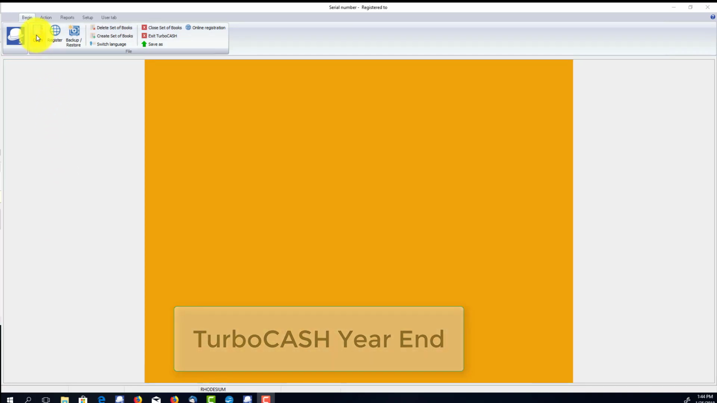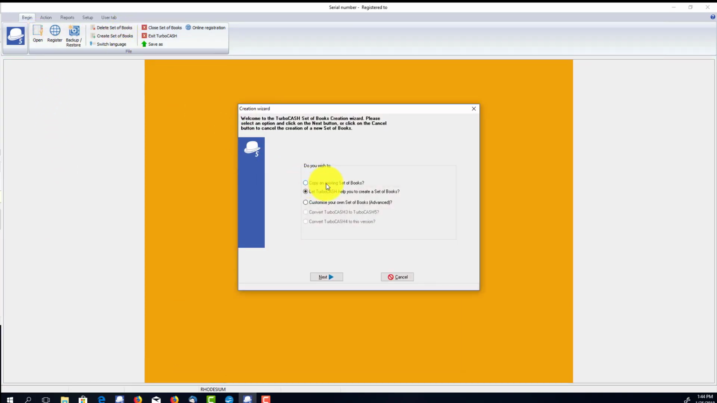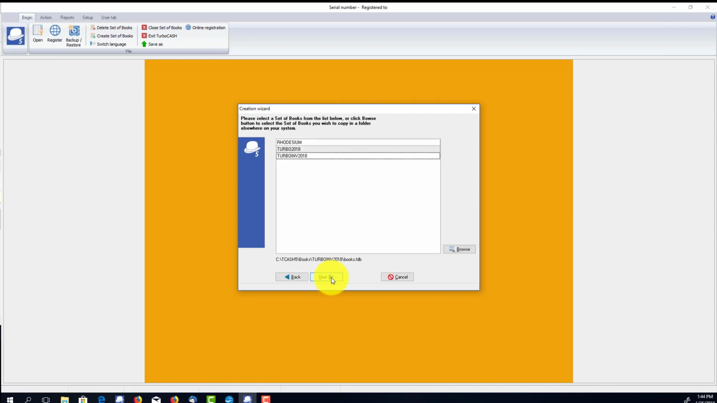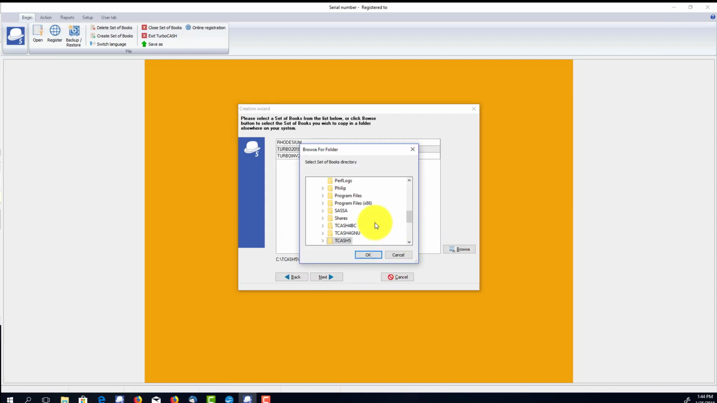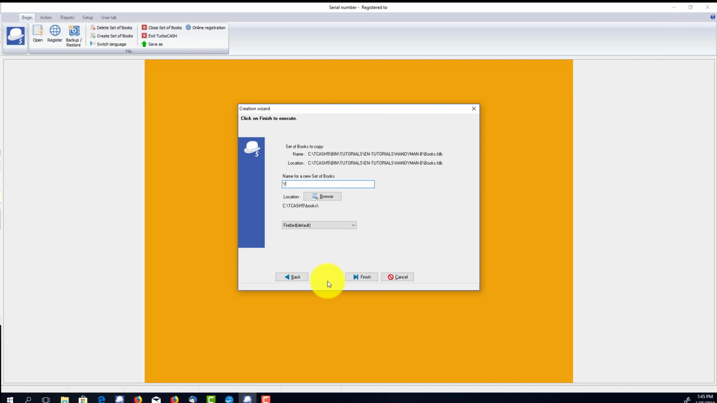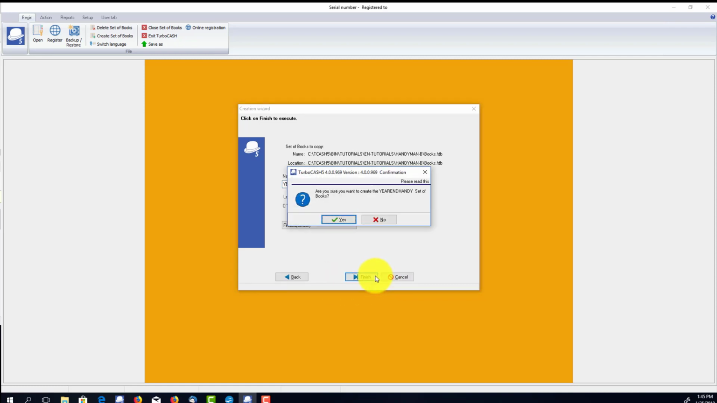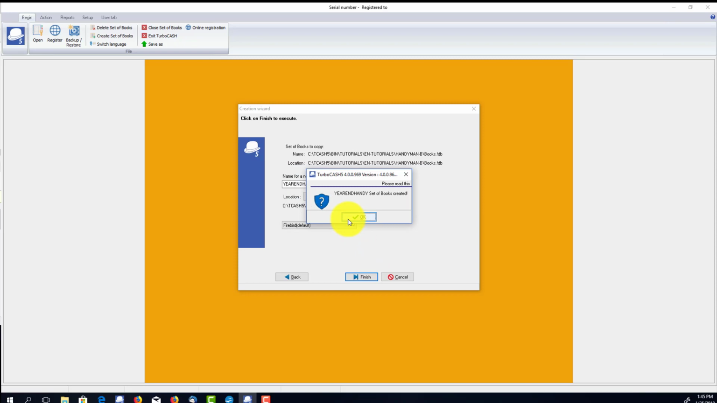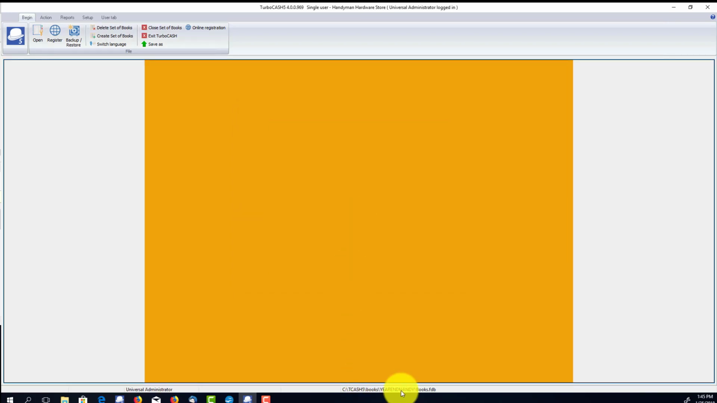I'm going to create a set of books. I'm going to copy an existing set of books, and I'm going to browse into my TurboCASH 5 directory and look for bin, tutorials, English tutorials, and Handyman B. I'm going to use this because I know there's some data inside there. And I'll call this year end handy. So right, I've opened, if you look down the bottom here, I've opened year end handy,